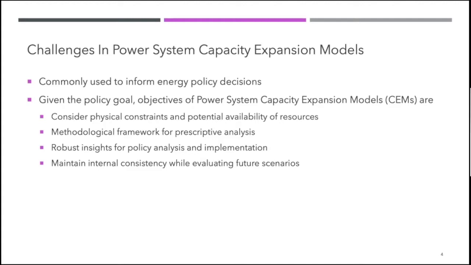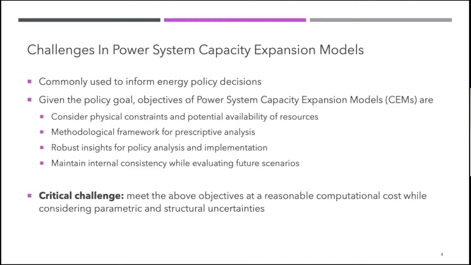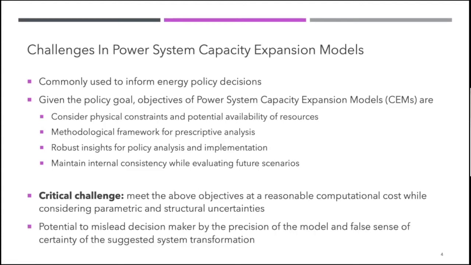Now, the biggest challenge in the power system capacity expansion models is that we have to meet all of these objectives, and we have to meet them at a reasonable computational cost, right? And while meeting these objectives, we have to consider parametric and structural uncertainty. So if we do not consider this uncertainty, then we might give policymakers some solution, and we might give them a false sense of precision in that one model solution, right? So